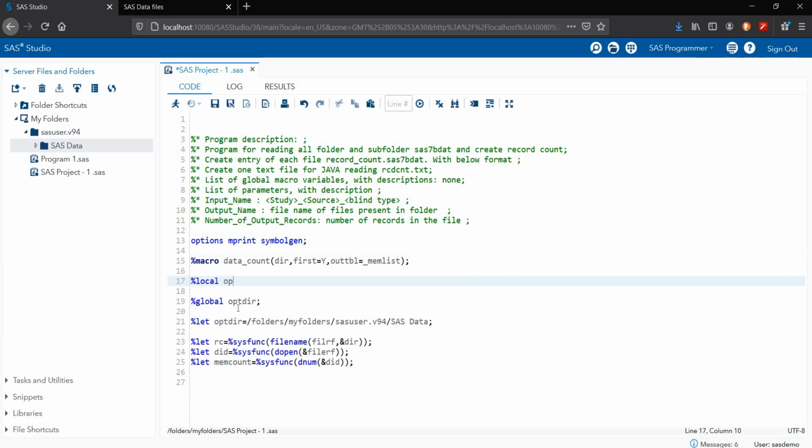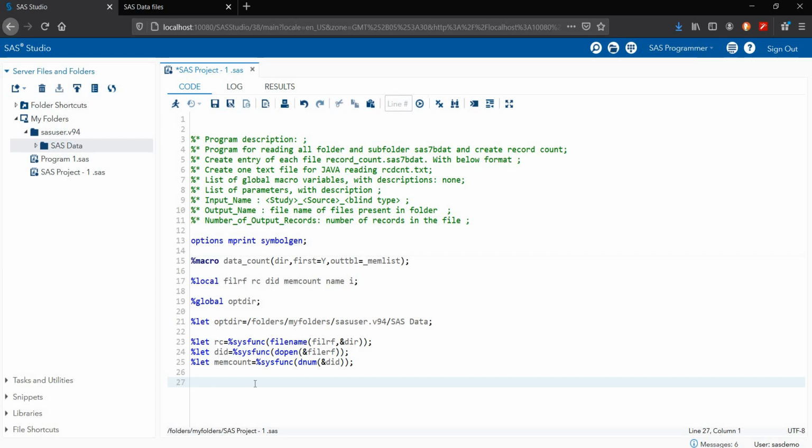In the local I'm declaring the fileref, then rc, next did, next mcount, then name and i. Now I have declared all the variables.